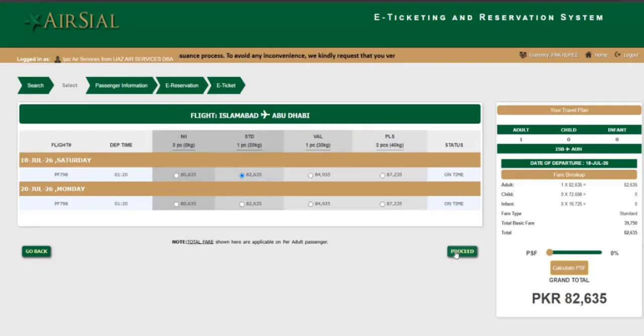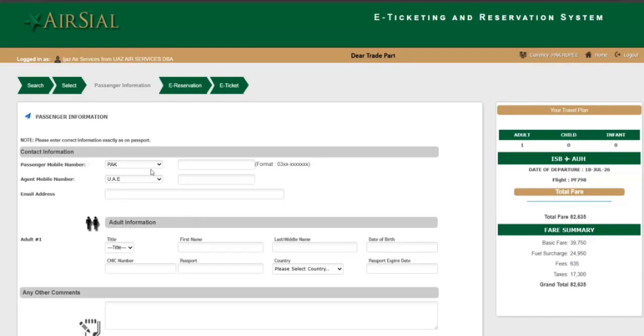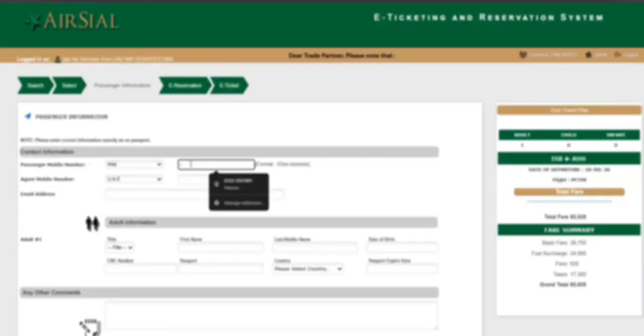So I have selected the fare without baggage and clicked on it. Here you can see different policies of the airline. I have accepted it. Now you can put your contact information